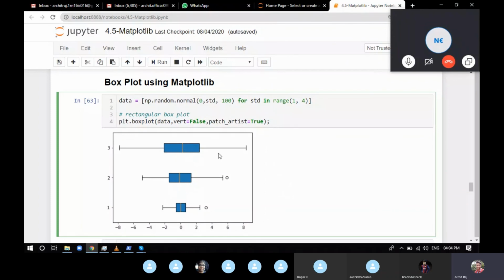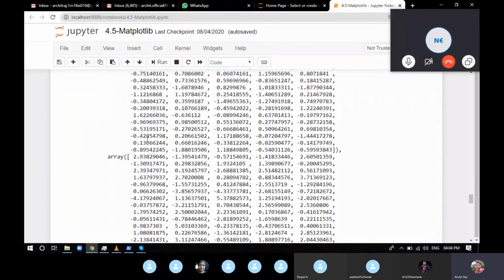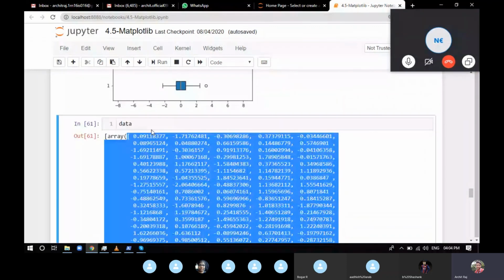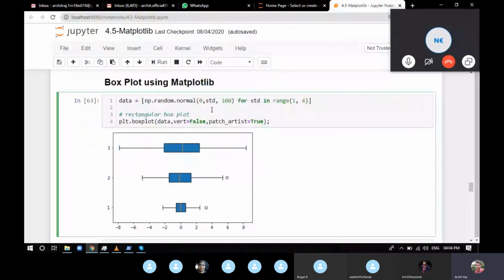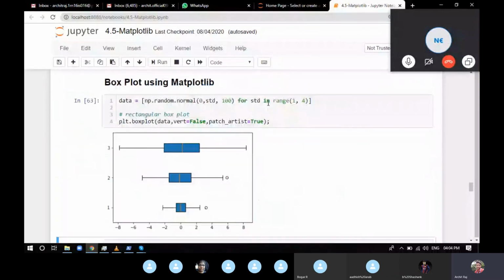As I've shown you, the data is a two-dimensional array having 3 columns. The first column will be normally 0 to 1, and there are 100 values. The second ranges from -2 to 2.